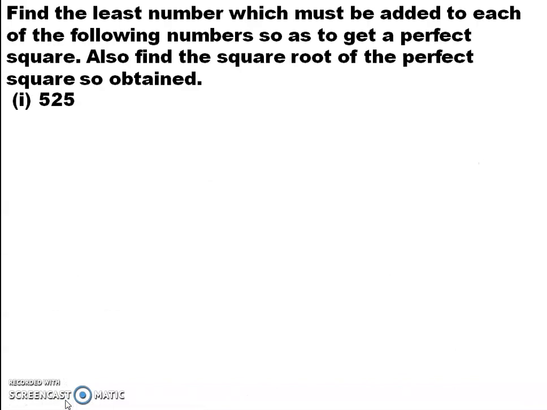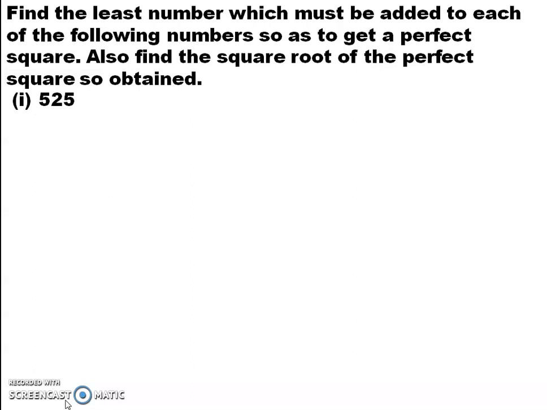The first question: find the least number. What do you mean by least number? Smallest number. Find the least number which must be added to each of the following numbers so as to get a perfect square. Also find the square root of the perfect square so obtained. So here you are asked to find the smallest number that can be added to the given number to get a perfect square number. So what is your first question? Your first question is